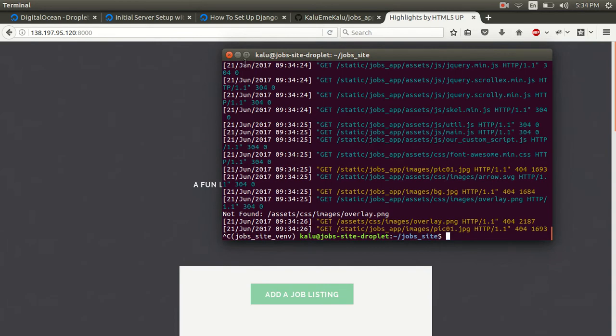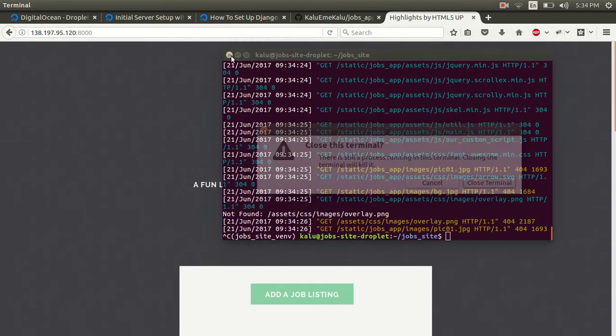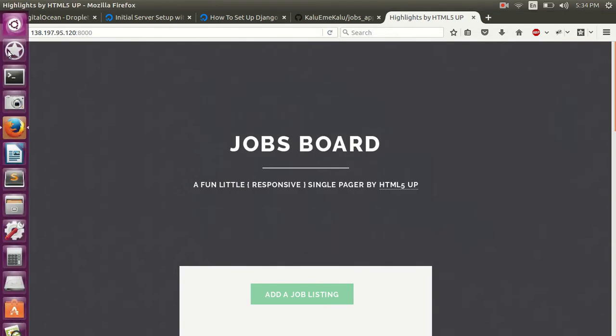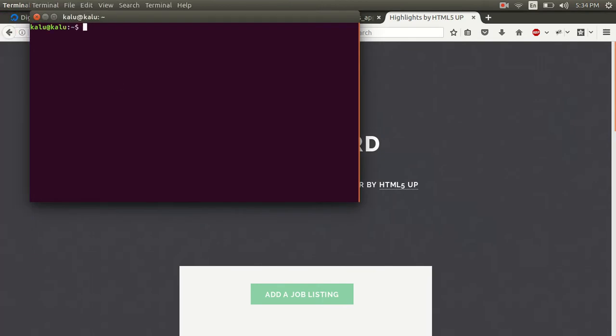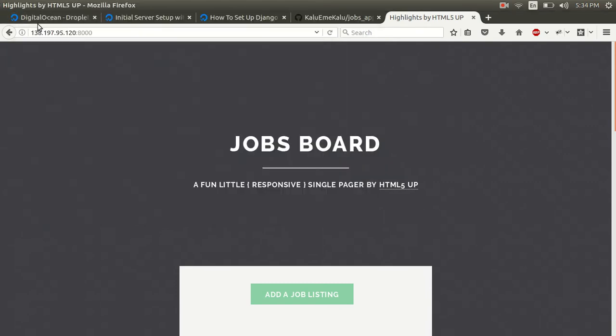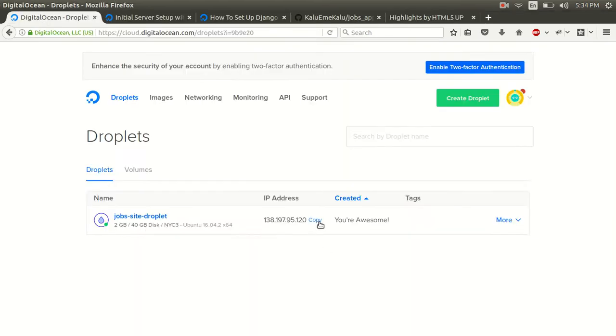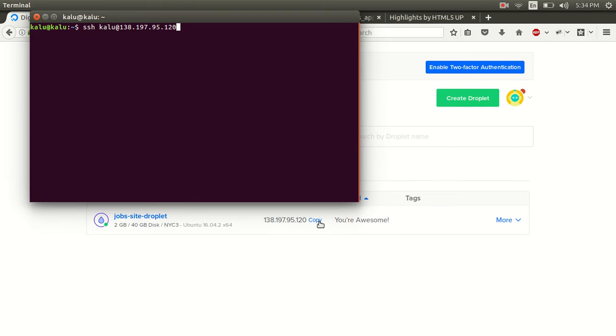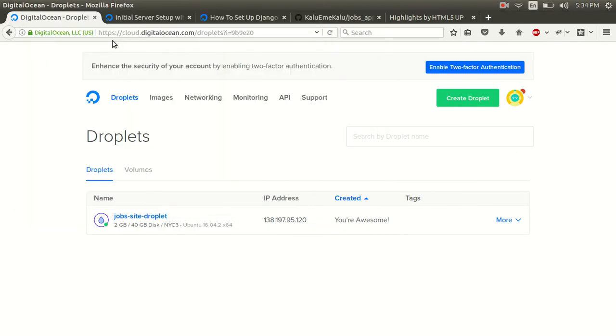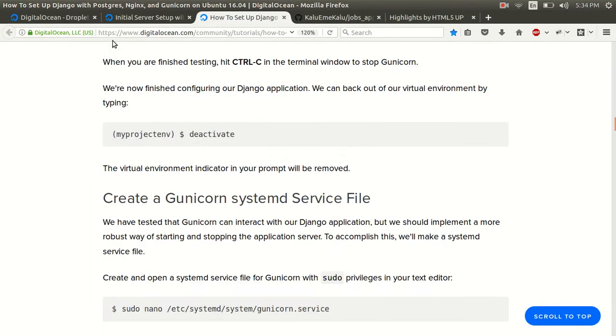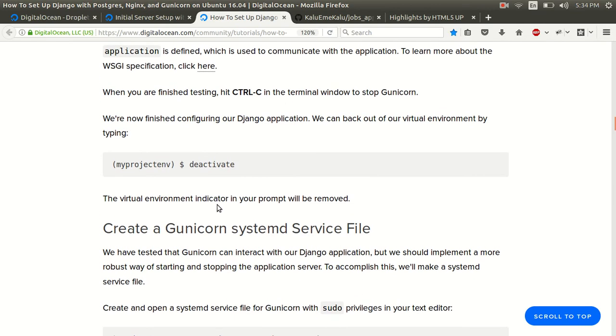By the way, if you don't have this window open, I'm going to show you how to log into this again. We're just going to exit this terminal, open a new terminal, and write ssh, the name of your user, and your IP address. If you forgot what your IP address is, you can go to your DigitalOcean account and copy it right here. So we're going to log in, and we should be logged in. So we left off right here. We had just finished